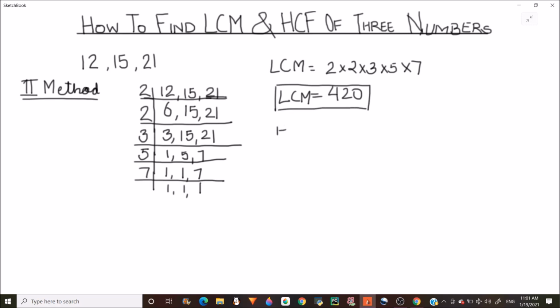Now for finding the HCF, we have to see a common factor which is dividing all the 3 numbers. So here we see that 3 is the factor which is dividing all the 3 numbers. So that will be our common factor, and that is our HCF. So for HCF, you need to look for a number which can divide all the numbers fully. If there were 2 numbers here, then we should have taken the product of the 2 numbers to find the HCF. So whatever method is comfortable to you, you can use that method.